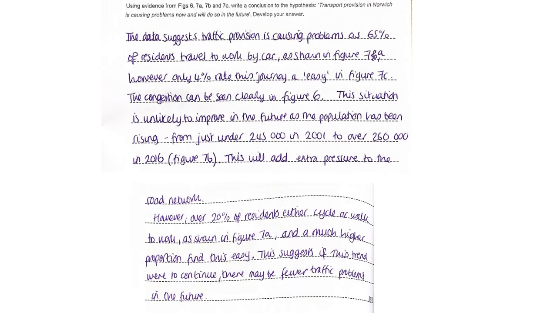You might be asked to use evidence from different figures to write a conclusion to a hypothesis. If you get this kind of question, make sure you are referring to the data specifically from the figures, so actually giving figures and relating them to the figure number that you're talking about. Again, primary data collection, questionnaire is the go-to. This is a radar graph that plots several different pieces of data onto one graph, so you're enabled to see lots of data for a particular place and compare different places quite easily.